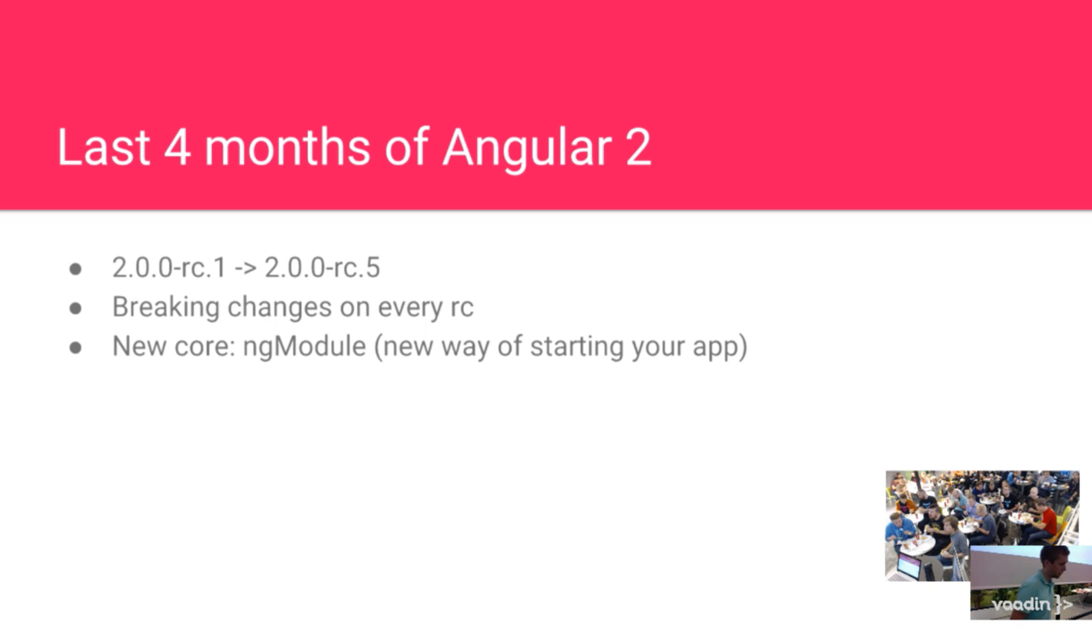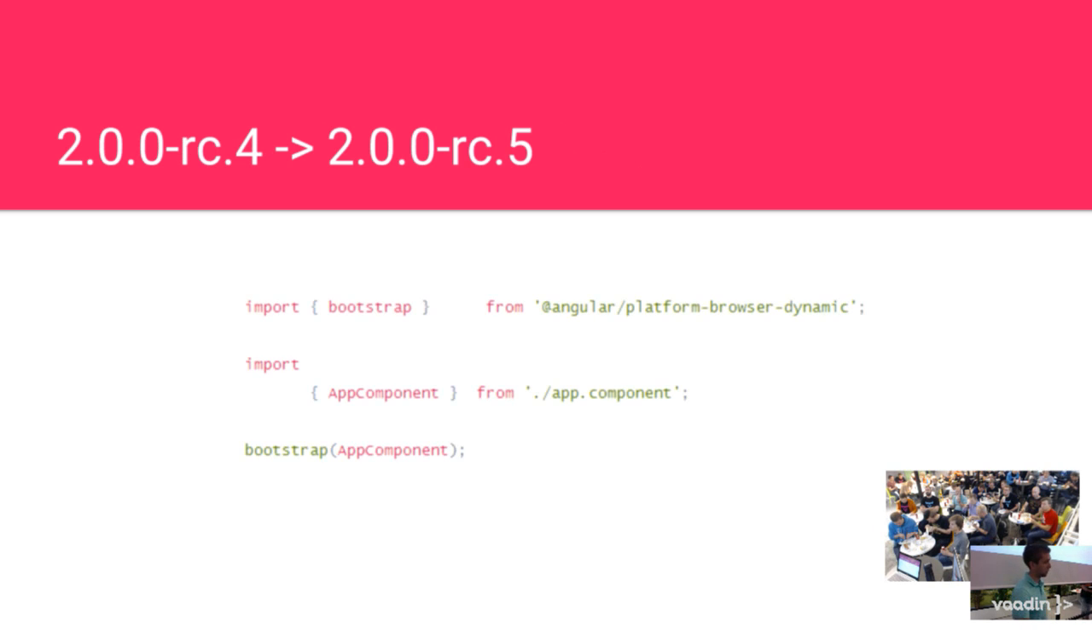What has happened since my last presentation? Back then, the most recent version was RC1, and now it's RC5. And the most frustrating thing about that is that there have been breaking changes on every RC. So if you created your app with, let's say, RC3, it probably won't work with RC5. And also they have redone their way of starting an Angular application. They have presented this new thing called ng modules, and I can give you a presentation of how big of changes